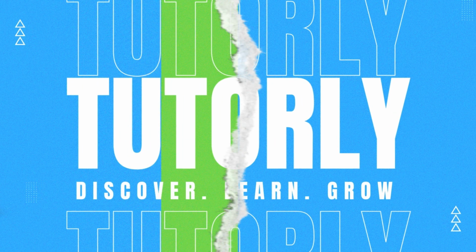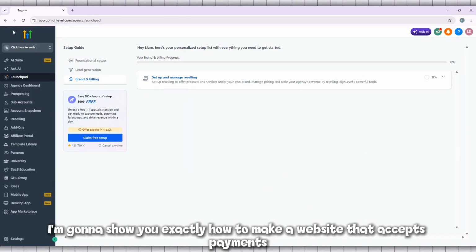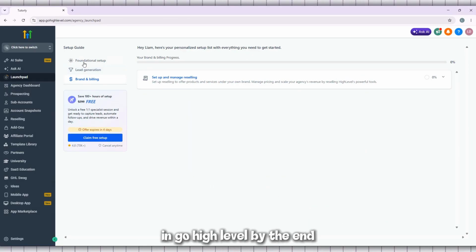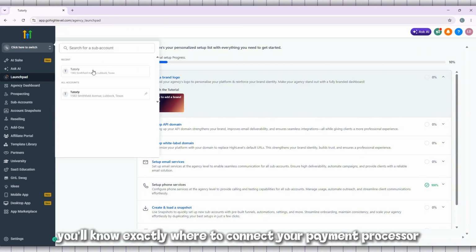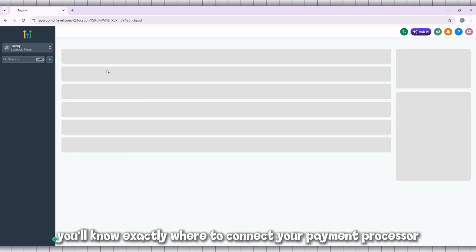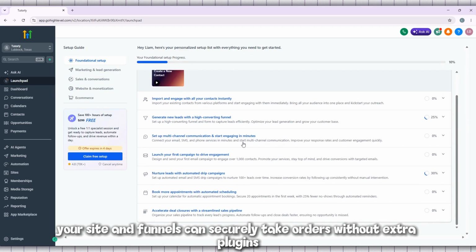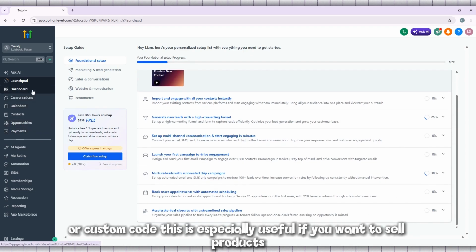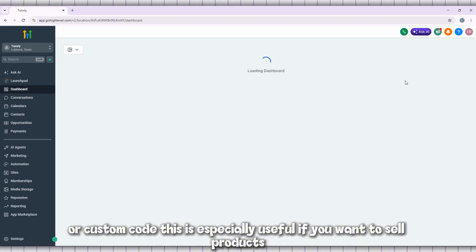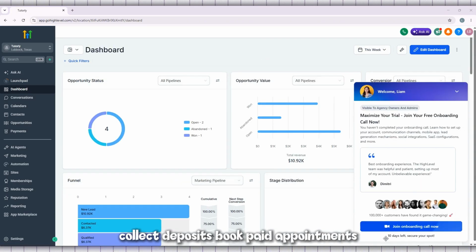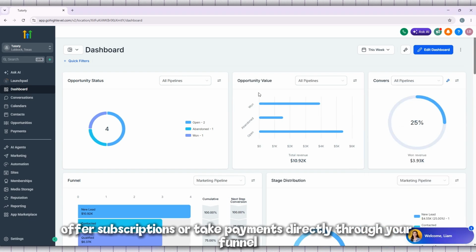So, in today's video, I'm going to show you exactly how to make a website that accepts payments in GoHighLevel. By the end, you'll know exactly where to connect your payment processor so your site and funnels can securely take orders without extra plugins or custom code. This is especially useful if you want to sell products, collect deposits, book paid appointments, offer subscriptions, or take payments